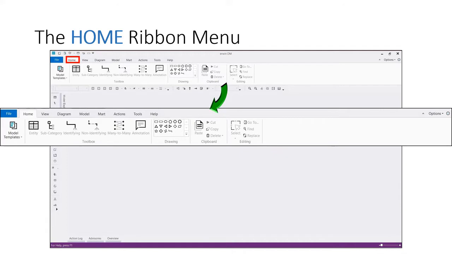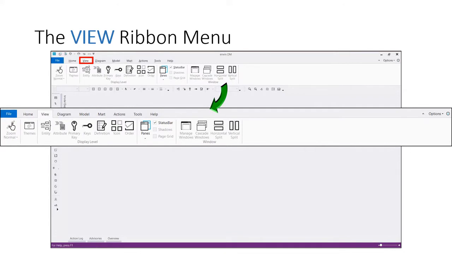You should also note that some of the toolbars found in our prior products have been carried forward to IrwinDM 2020 R1 while others have not. As in the past, you can change and/or create new toolbars, including those not carried forward by default, via IrwinDM's customization capabilities. This is the new View menu.